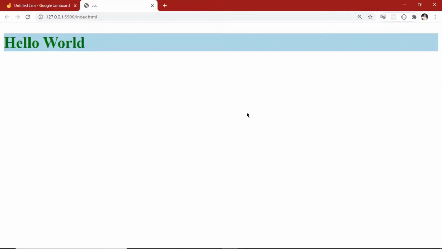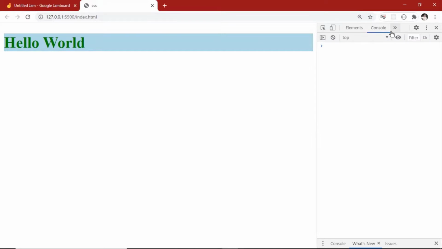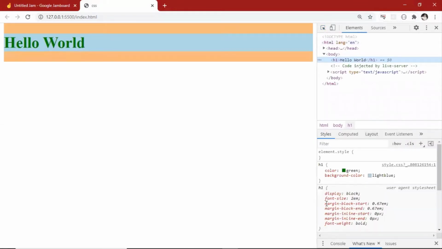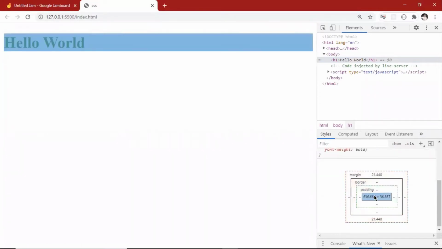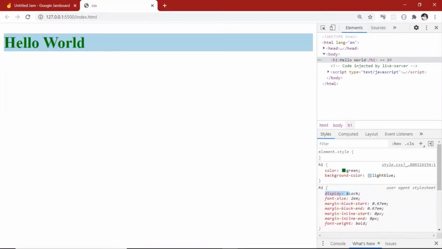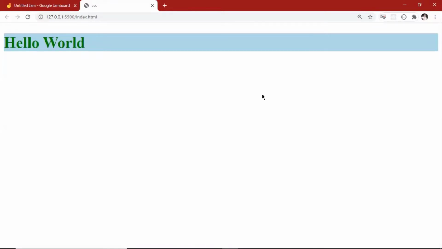Why is that so? If I go and inspect the page, I will click here, and I can see that the H1 takes the whole width. You can see there are some default things given here, which means that the font size is 2 rem by default, display is block by default, and the margin is given there, and so many other things are there. So you have to keep in mind that you have to work in such a way that the H1 doesn't take this much area or that much area. It's all up to you. Fine.